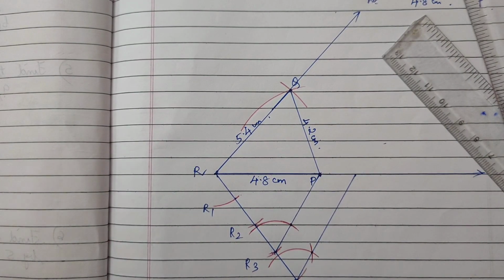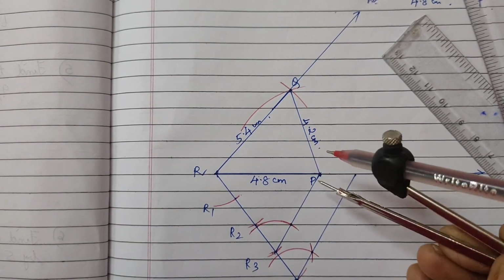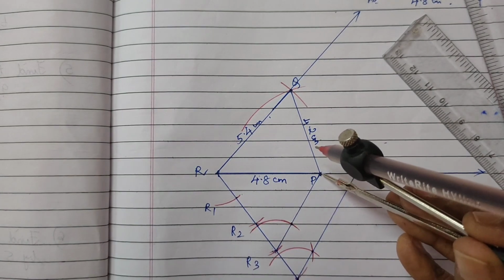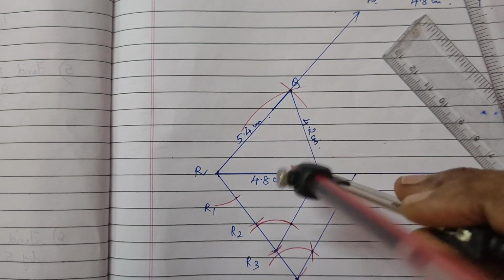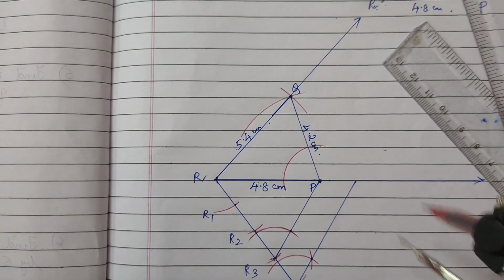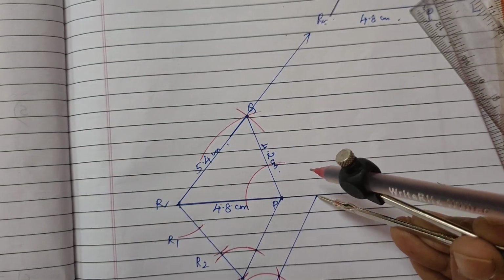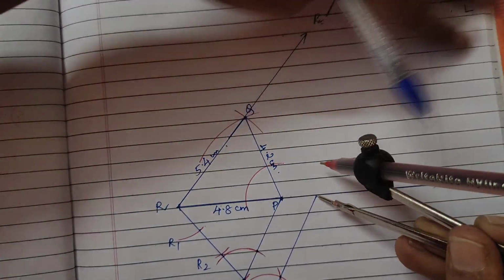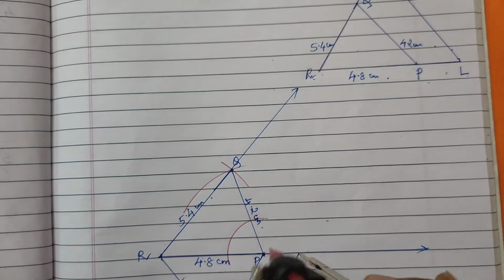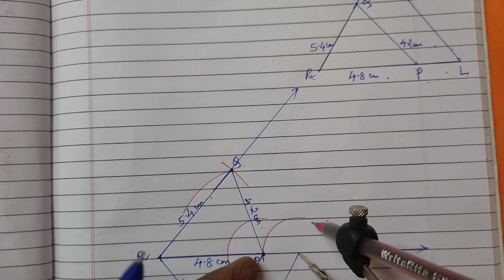Okay, now similarly we are going to do above also. Same rule followed here. How I'll do? I'll take it like this from this part. Any radius, it can be small or big, it's up to you. From here I'm holding, keeping it on the center P, and then done. Same thing, same radius, then you are going to keep it here. This is our point, what my dear? L. Can you see? This is our point L which we have got. So from here you can have it like this. It should not touch P.